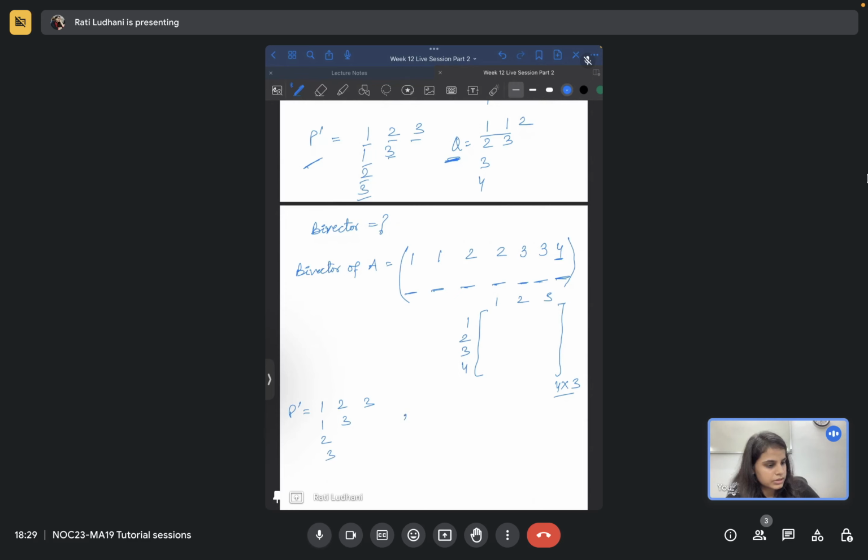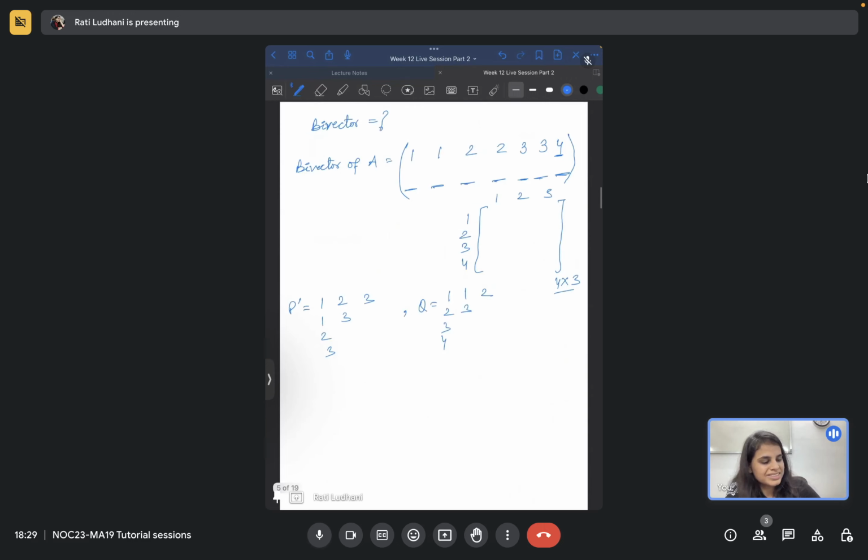So I'm just writing it again. 1 1 2 2 3 3 and 4. As there are 7 entries, I'll start with the 7th step, 6th step. I'll go back to find out our bivector. So 7th step, let's call it 7. Now what we will do,